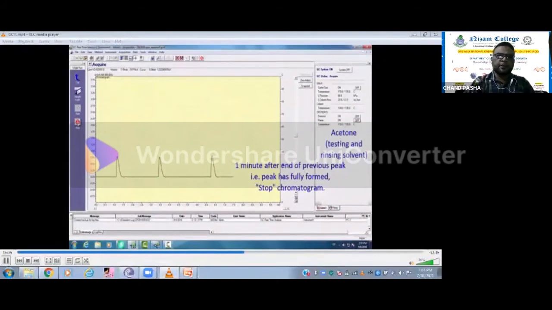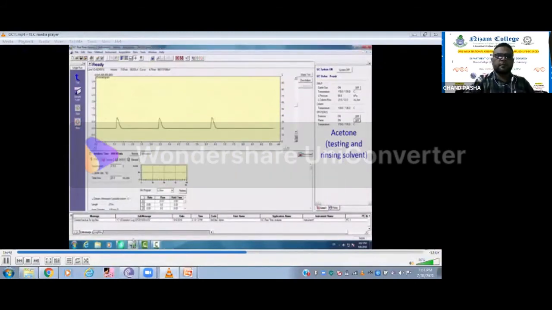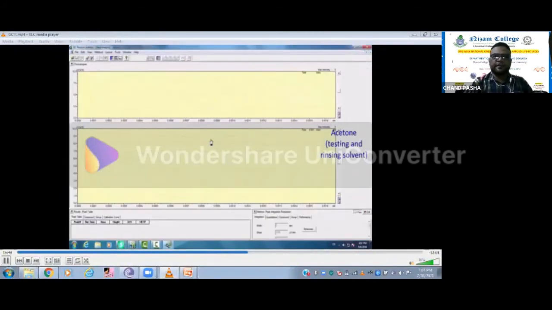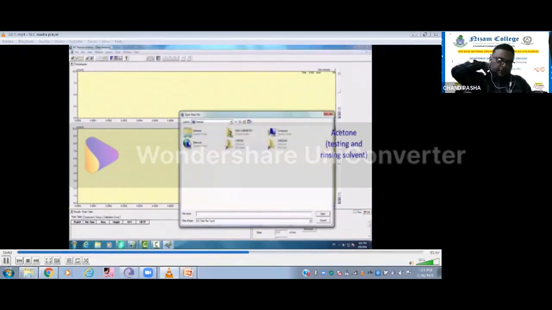Now, still in acquiring mode. See this red button? If you press it, the chromatography will be stopped there. So it is stopped now. Now let's see, basically it will do its analysis on its own. This is the analysis software. Actually, the table came in the earlier version itself.